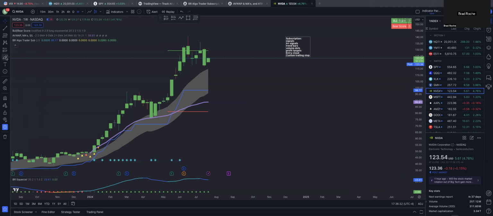Okay. And then for the lifetime package, which you pay a one-time fee and you get to keep all this stuff for a lifetime and any updates that we do, everything in subscription, and you don't have to pay the monthly fee. You get the bull bear score indicator, you get the anchored VWAP, you get the moving averages, which you can get in TradingView, I know that, but it really consolidates everything. You only have 4 indicators in here, right? Moving averages, custom stop loss indicator,